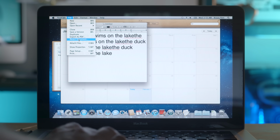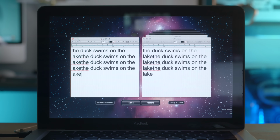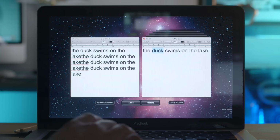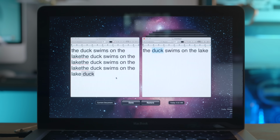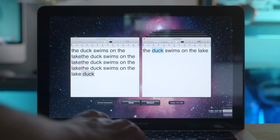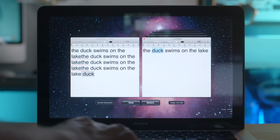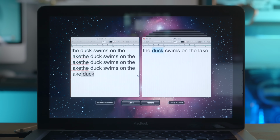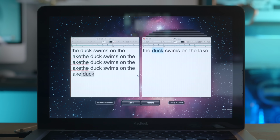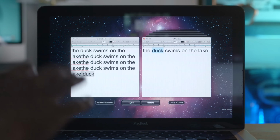We can now get back to it if we needed to. So if we went to File, Revert Document, we now get this cool space theme thing. Oh yeah, just like Time Machine. It's all spacey. And you can scroll back and restore your previous document. You can even just drag and drop text or copy and paste from one thing to the other, and you can just fly through time and space. And oh my gosh, just the glossy buttons and the space and the stars. My gosh, I'm just getting a massive nostalgia attack right now. Whew. This feature is still in the system. If you didn't know that, yeah, it's there. Use it. It's good. It doesn't look like this. It's a little more minimalist now, but...